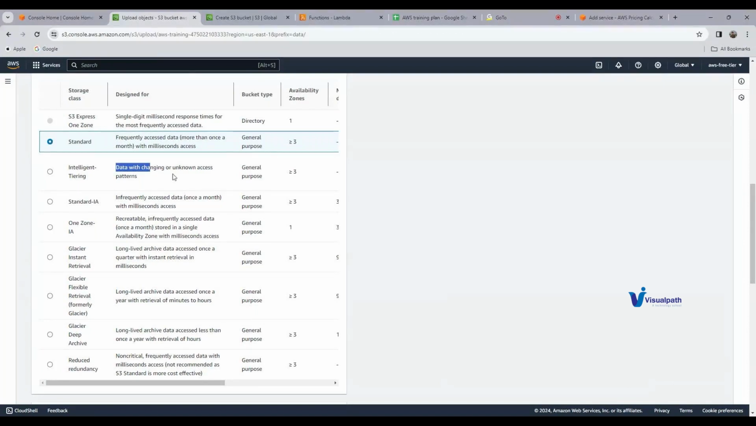So let's say I'm accessing the data today, and I don't know whether I will be accessing it tomorrow or not, or maybe after 10 days I will be accessing it again. And again, after the 10 days, the next day I will be accessing the data. So that's a little bit of inconsistency in the data accessing. In that case, it will be intelligent tiering,